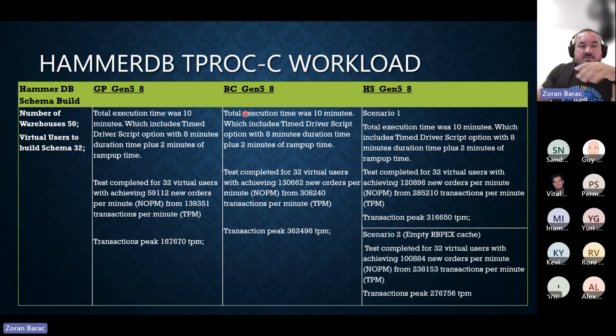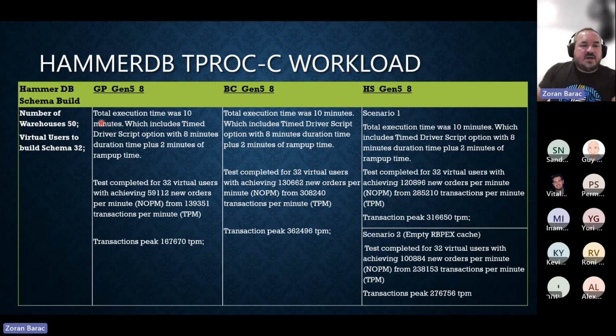So it's the same number of cores, different architecture. This is basically the traditional one. This is the hyperscale one. I'm not going to explain too much how this works. It's basically you build the schema, you insert the data, and then run the test workload on top of that. But what the warehouses and virtual users are and so on, you need to go in there and test it. I explain that in really great detail in my book, but we don't have time for that.